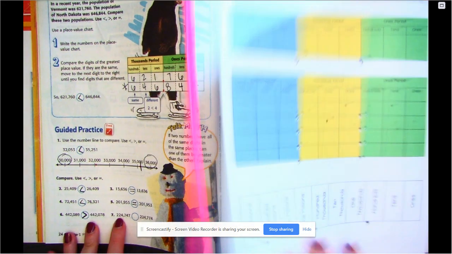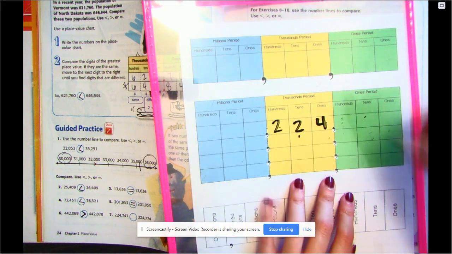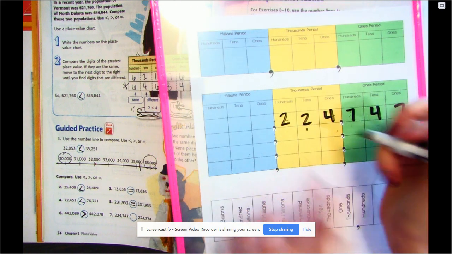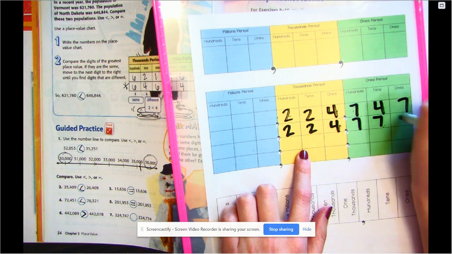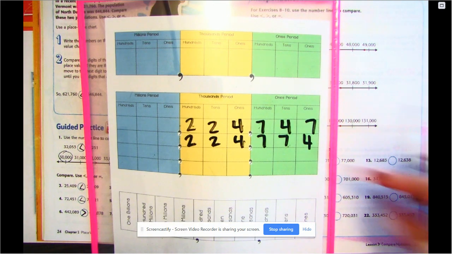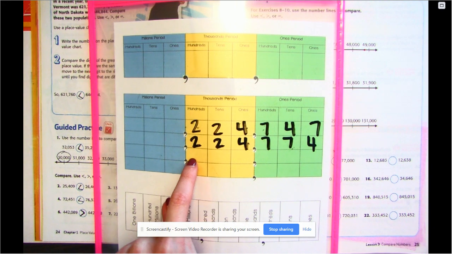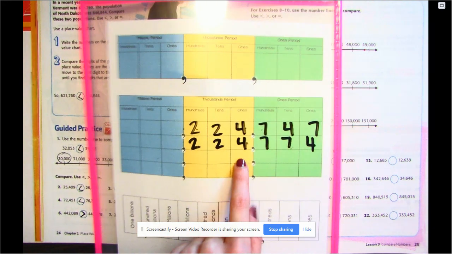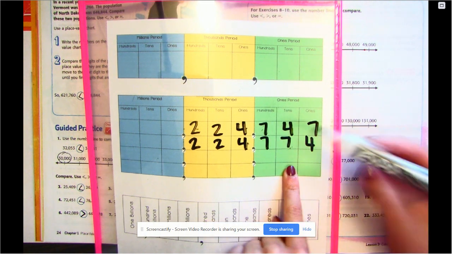And then the last one, 224,747 and 224,774. So they're trying to trick you on this one. Both of these numbers have the same digits, but they kind of flip-flop them. So again, always start in the highest place value. 2s, those are the same. 2s again are the same. 4 is the same. 7 is the same. The 10s place is the first time that we have a different digit. This 7 is bigger than this 4, so that must mean